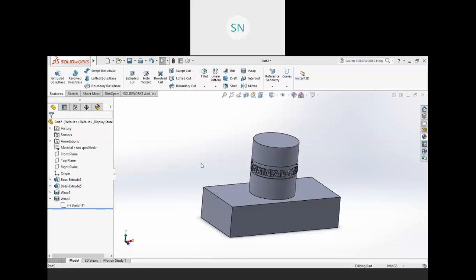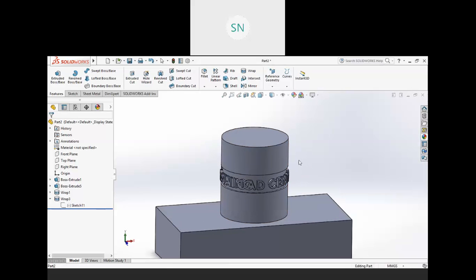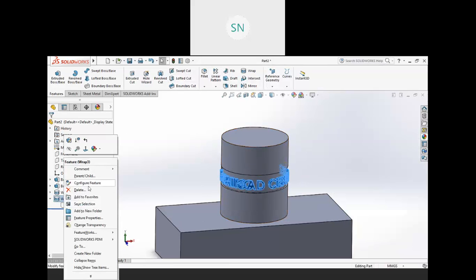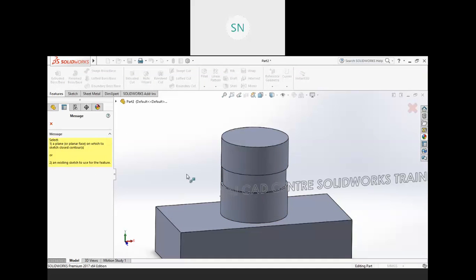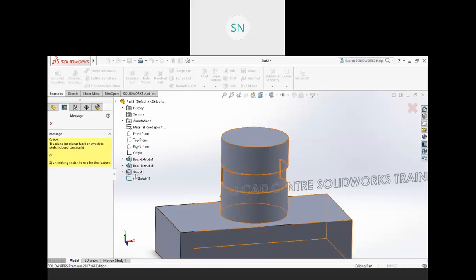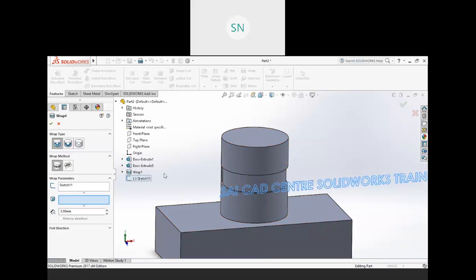What are those wrap methods? So these are the three wrap methods we have. Wrap methods here we have analytical and spline surface.